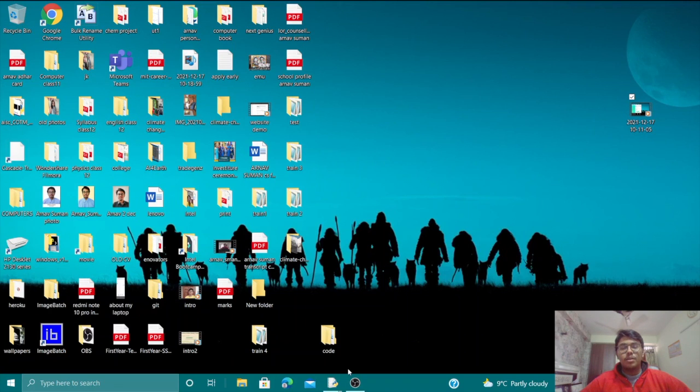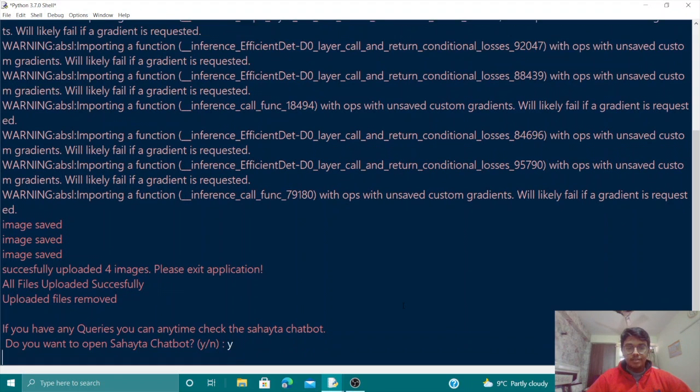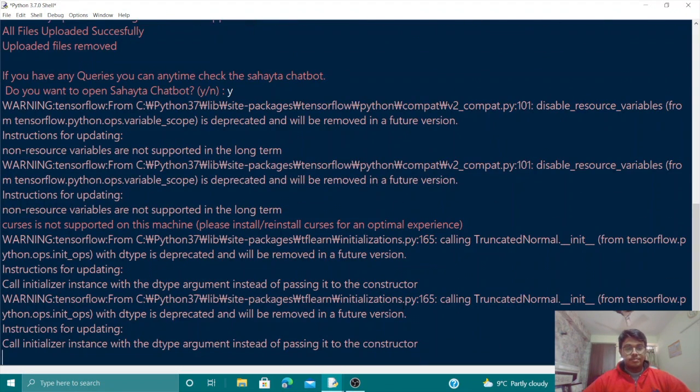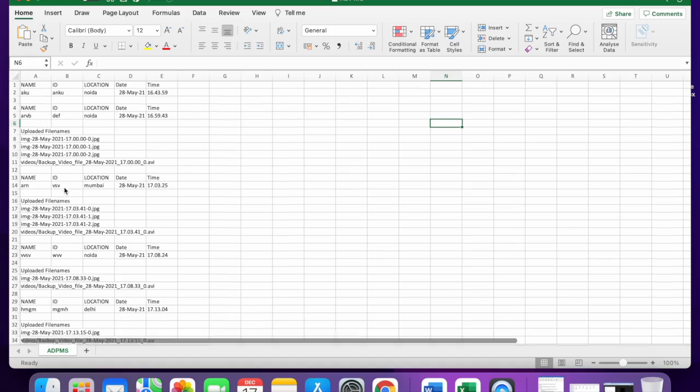If you need any help or you have a query, you can go to the Python shell and start using our Sahita chatbot. The place and time of the incident will be recorded in a CSV file that will be uploaded and used in our web app. Our web app